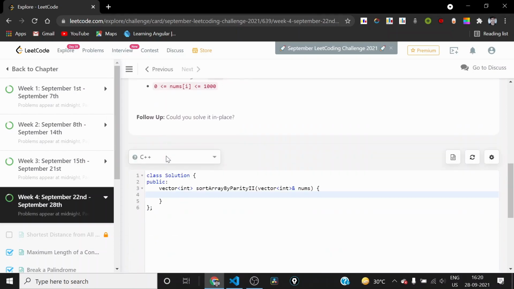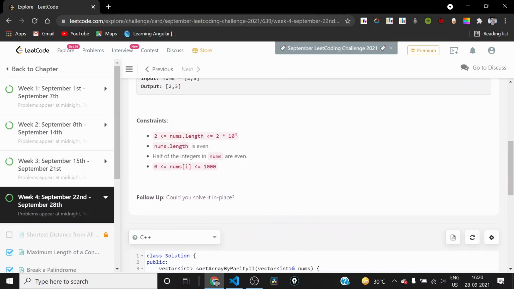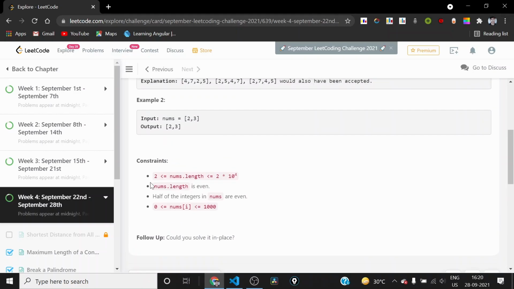And now we can take a look at the constraints. So we can see that the length of the array nums is up to 2 into 10 power 4, and this nums.length is even. Obviously this nums.length should be even because the number of odd elements and even elements are the same. So these two equal quantities will add up to make an even number.